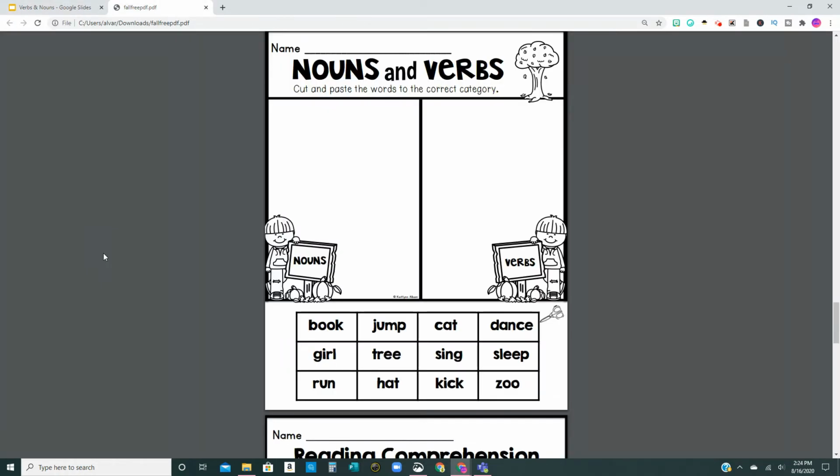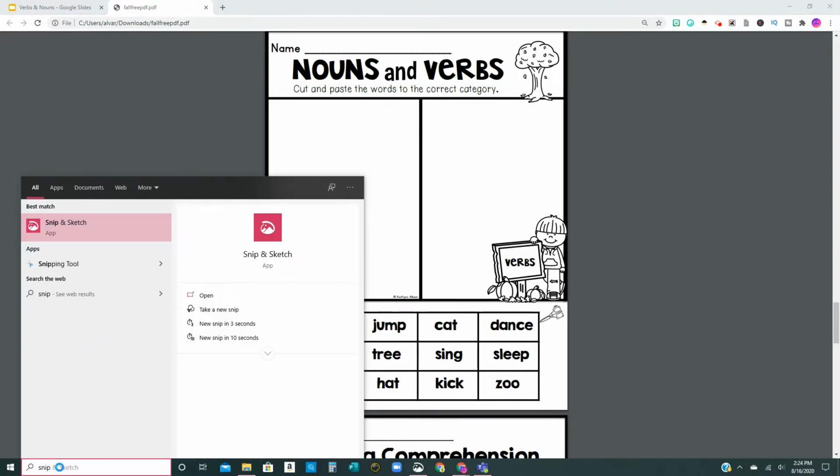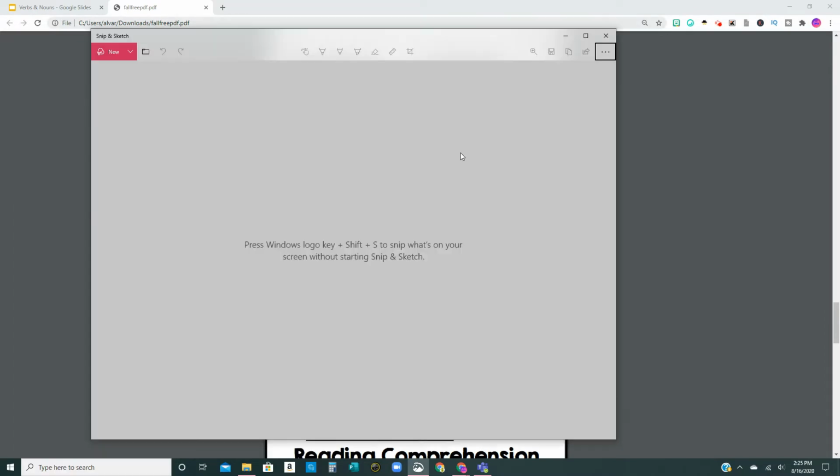I will then find the PDF that I want to transfer over to my slides, and I'm going to do a quick search on my taskbar for the snipping tool. You will see that it'll pull up two different tools, the Snip and Sketch and the Snipping Tool, but they both work the same. Once I open up my snip tool, I'm going to click on new,